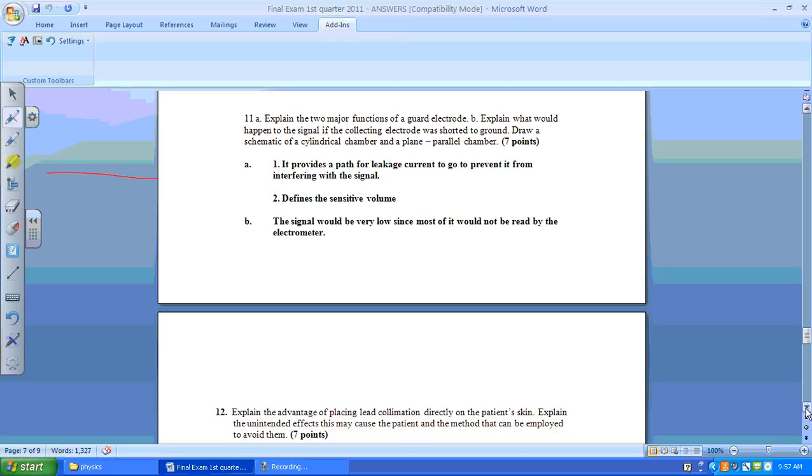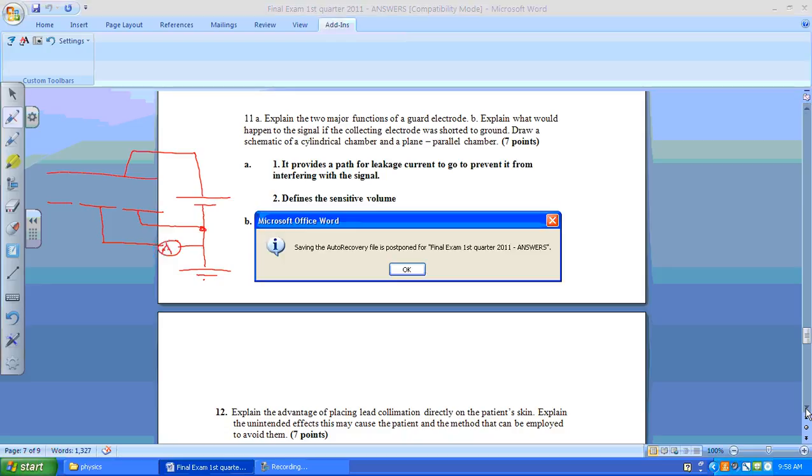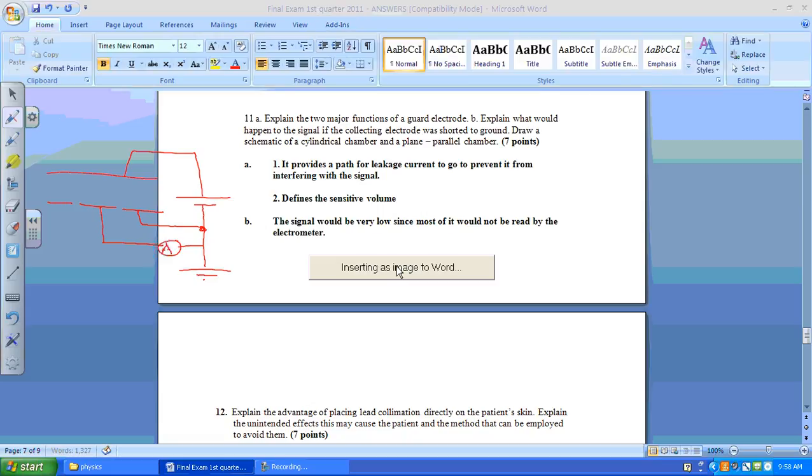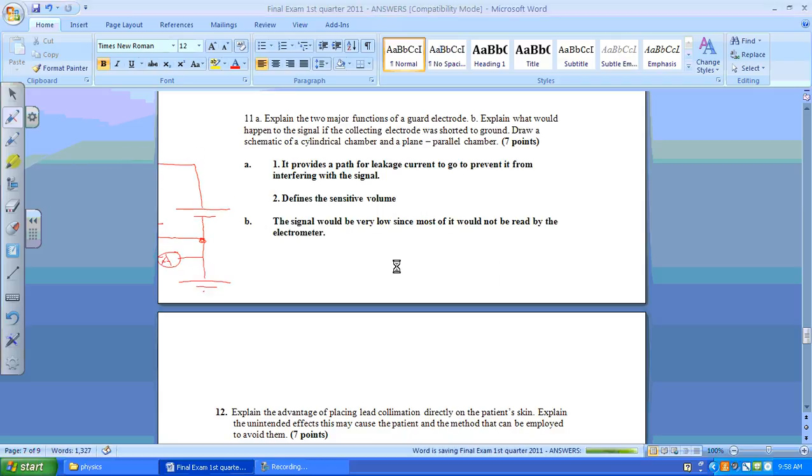Well, here I'm going to draw the schematic, just a simple schematic of a plane parallel chamber. Battery, 300 volts typically, goes to ground. And the collecting electrode goes through your electrometer or ammeter to ground. And this is the guard electrode. So guard electrode goes to ground, collecting electrode goes through an ammeter to ground. So if the signal in the collecting electrode were shorted to ground,